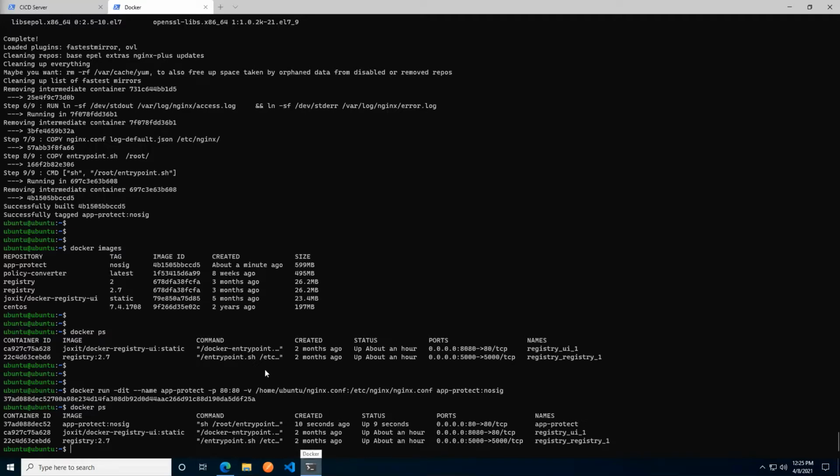So now what we've done is we've created a protection tier for our application. We haven't really manually gone in and specified much in terms of what rules should be in place. We're using a default rule set. All of that is specified in the Nginx conf that we fed into it. But that's fine. One thing to keep in mind, though, is the way that we created it right now.